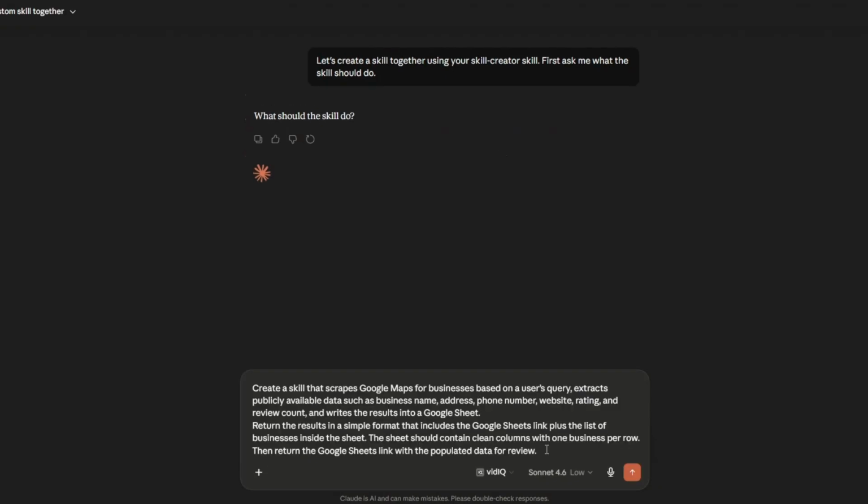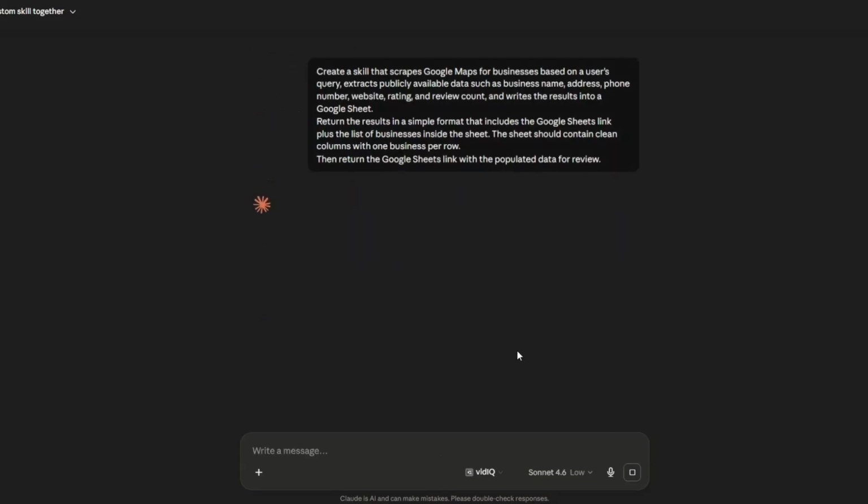And you can tell Claude, create a skill that scrapes Google Maps for businesses based on a user's query, extracts publicly available data such as business name, address, phone number, website, ratings, and review count, then writes the results into a Google Sheet. The skill should return the results in a simple format that includes a Google Sheets link plus a list of businesses inside the sheet, clean columns with one business per row, and lastly, you're telling it to return only the link to the sheet with the populated data for review. I'm going to hit Enter